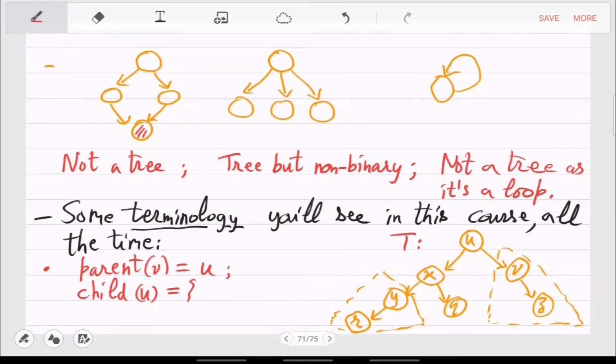So here it's X and V. But we can also say that child of U is X. So to make that precise, we will call it left child. So left child of U is X and right child of U is V.